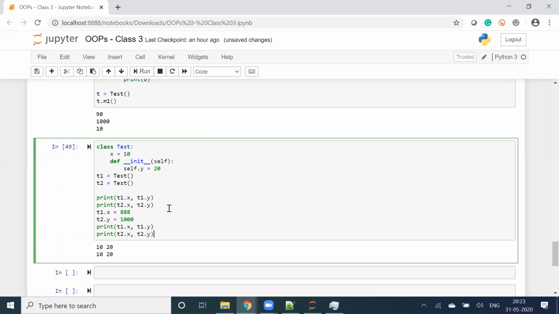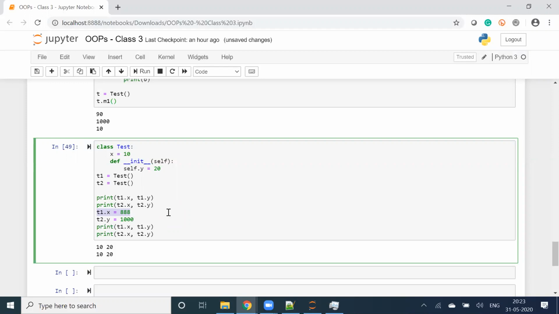T1 dot x equal to 888 will create an instance variable, or will a static variable update happen? It will create a new instance variable, right? That is what we discussed in the last class, guys. T2 dot y equal to 1000 means it is updating the existing value.